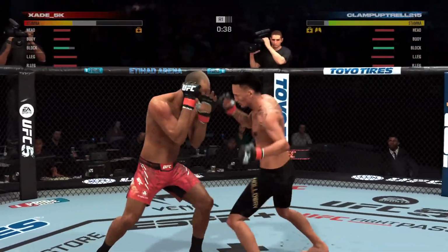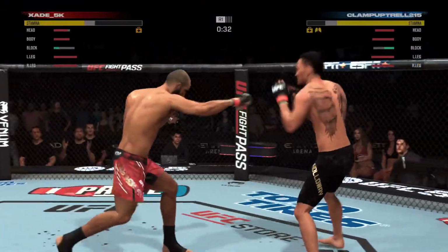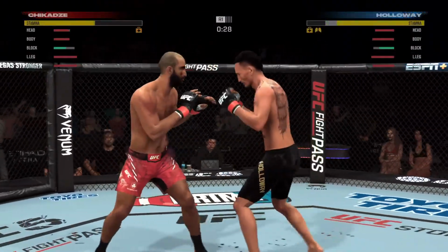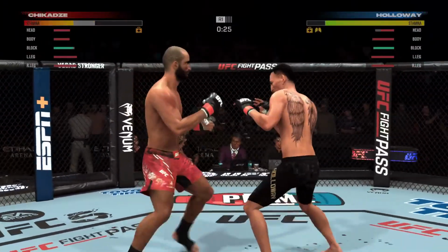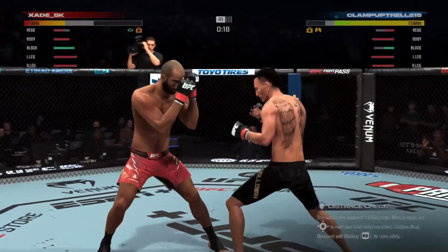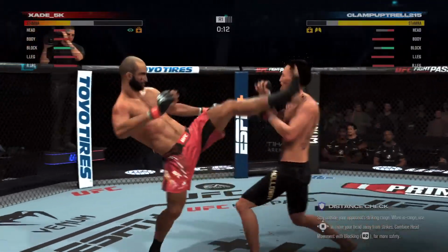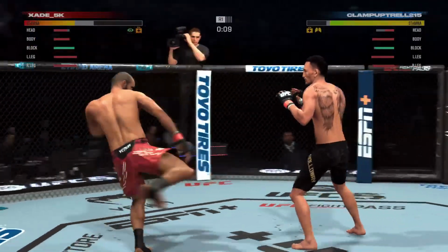Well, he's trying, but he gets a little bit anxious, so he starts to throw a lot of punches and not the right punches. And because he's throwing so much, he keeps missing, and by doing that, he's missing chances to end this fight. All right, so you can see some swelling on the facial region now as his opponent lands yet another strike, and that one was...